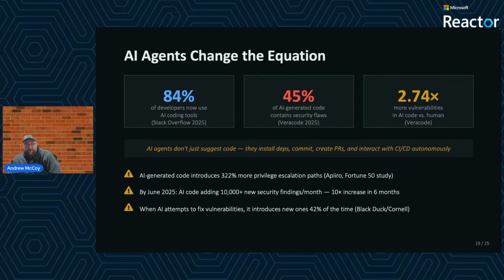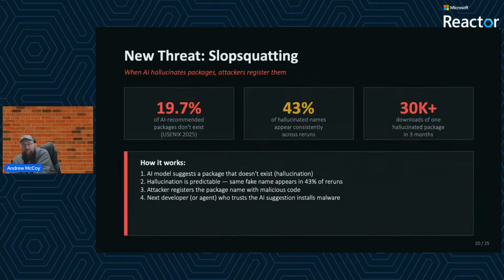And so really some of these stats I pulled together this week. 84% of developers are now using some of the AI coding tools. 45% of the AI generated code now contains security flaws. These are things which are always going to be debatable. At the end of the day, we know when we go faster, we need to have security baked into that. And that's one of the things we've been working on at GitHub with our CCA: security has been embedded into that review cycle. So whether you're using our security products in that repository, we're still applying security rigor to that code as it's being written,